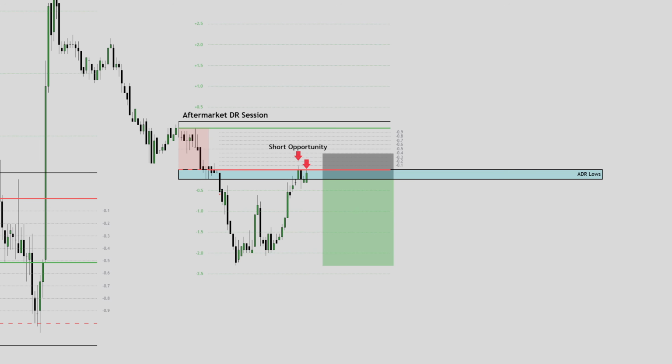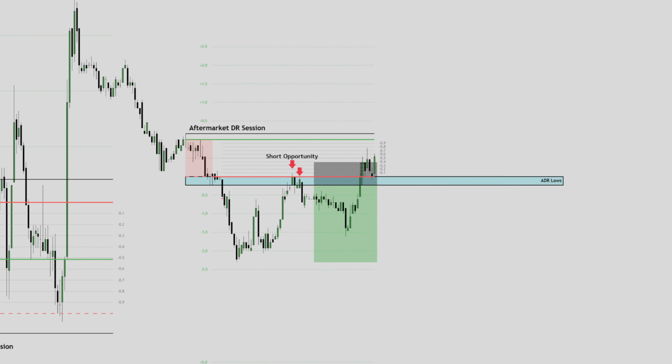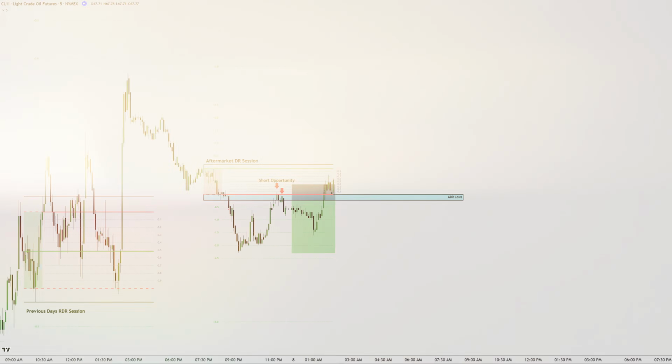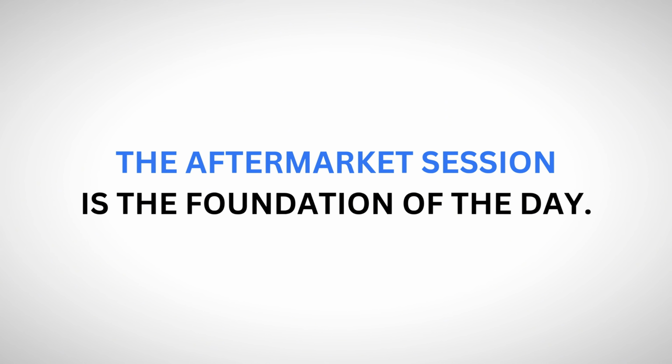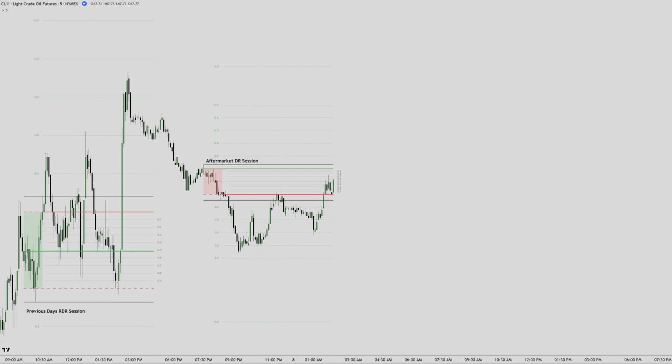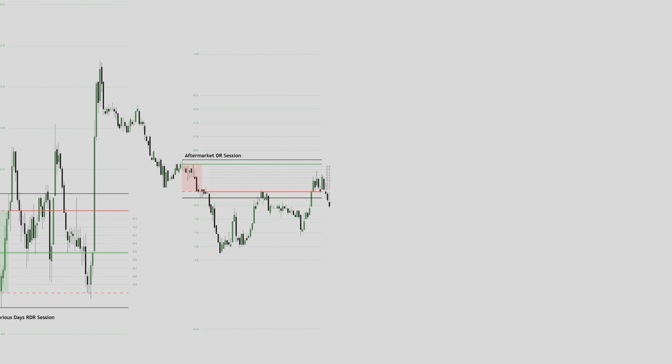to its lows and closing price, which unfortunately would have resulted in a loss or break-even trade depending on your risk management. The aftermarket DR session is the foundation for the day. Inside my academy, I mainly recommend trading the overnight or regular session and using the aftermarket as guidance. Each breakdown will more and more emphasize why the aftermarket DR session is the building block for the rest